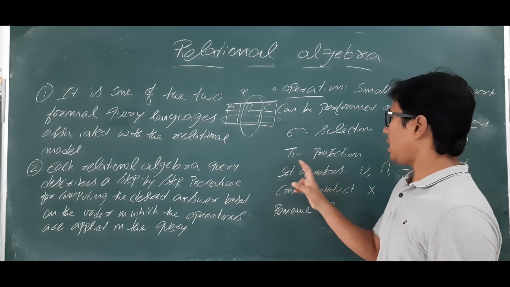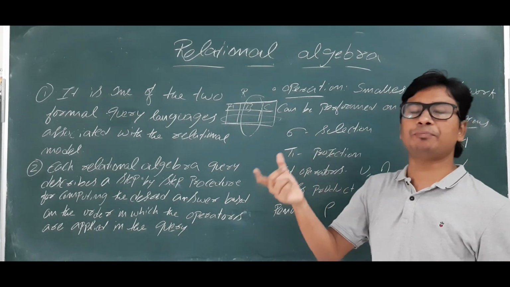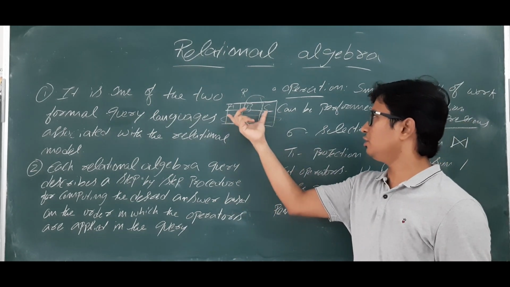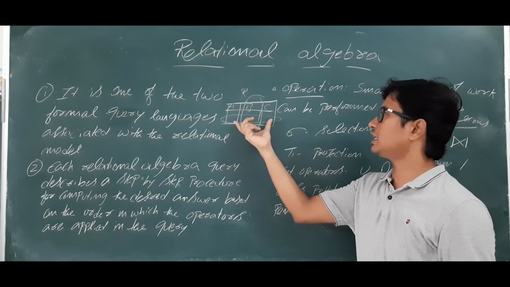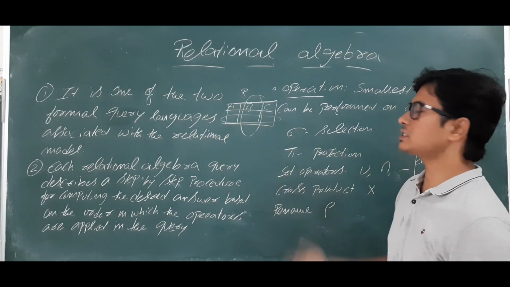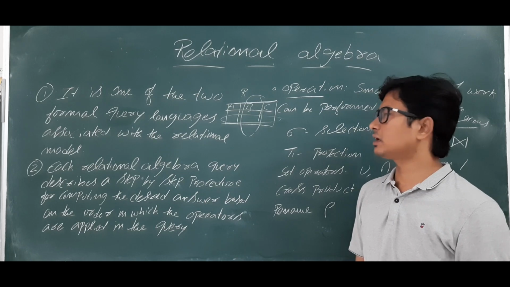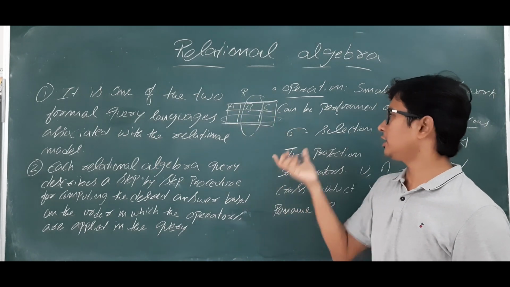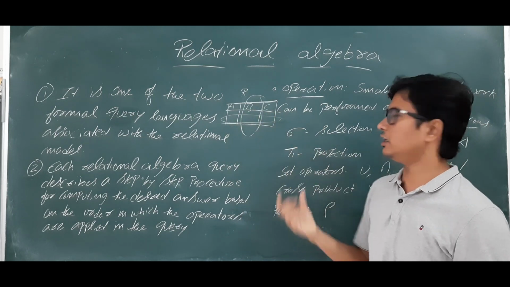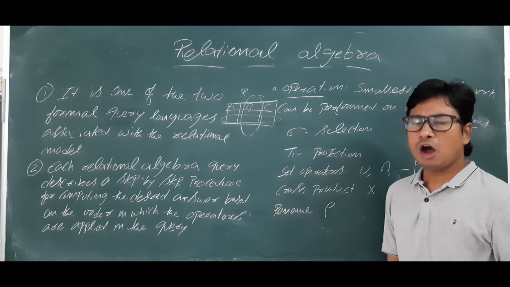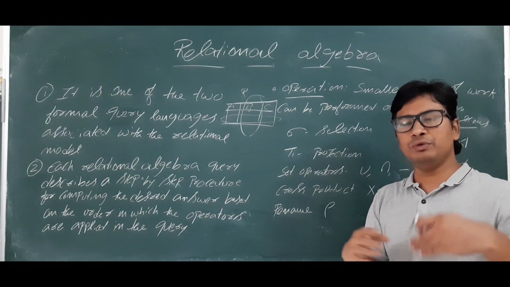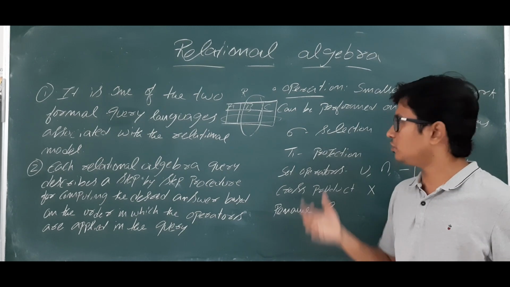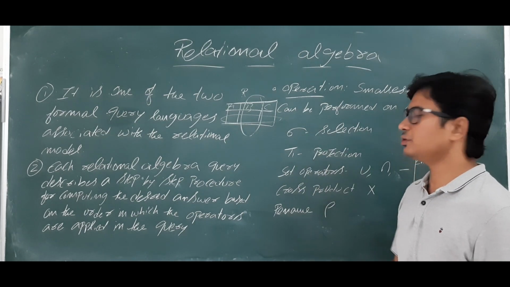Okay, so if you have the rows, if you want to select a particular row, you have 10 rows there. If you want to select a particular row, then you will use the selection operator. Is it clear? So I can call it a horizontal splitting. The table can be split horizontally using the selection operator. How the selection operator will be done, how we can apply the condition, all these things we will discuss in the coming videos. Don't worry.